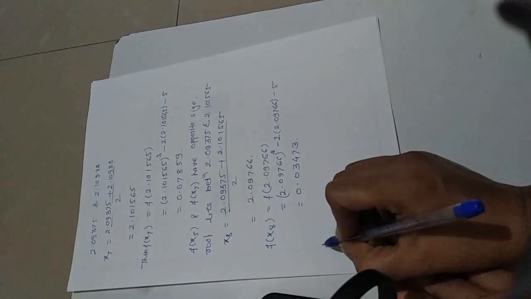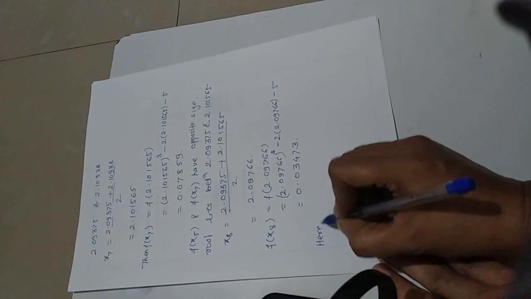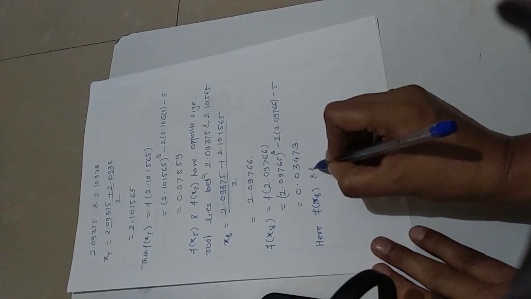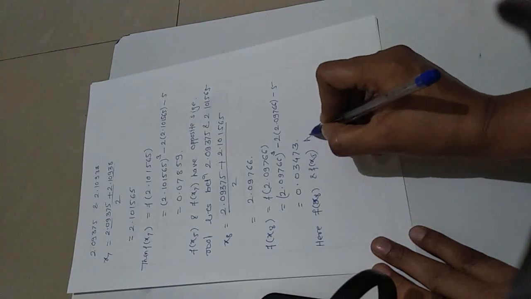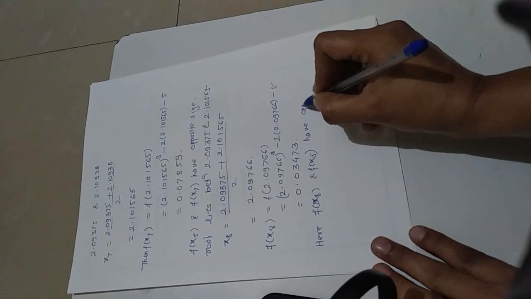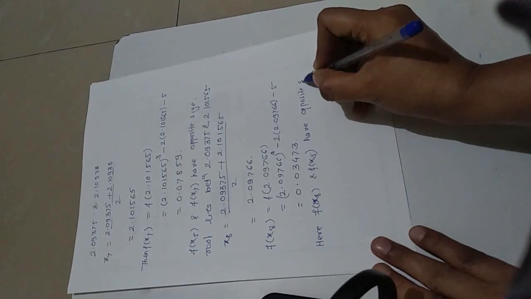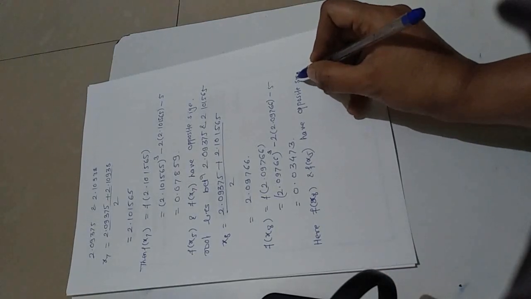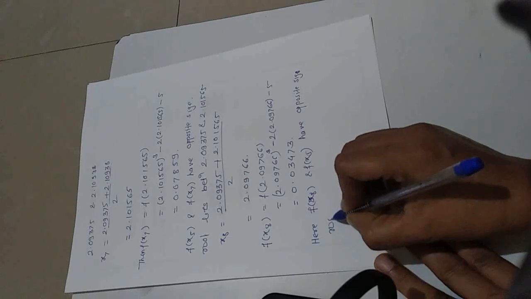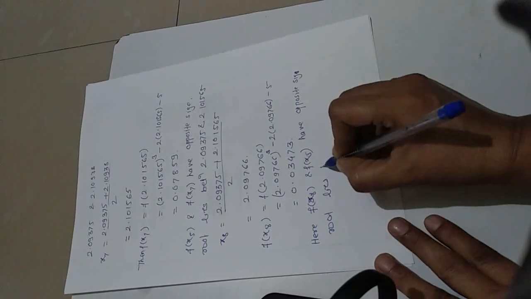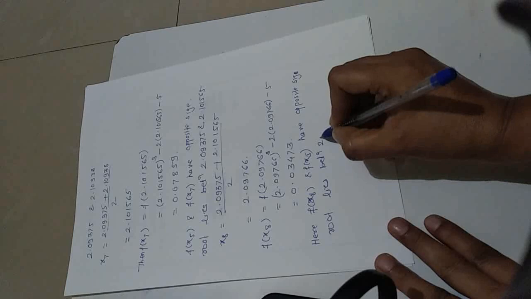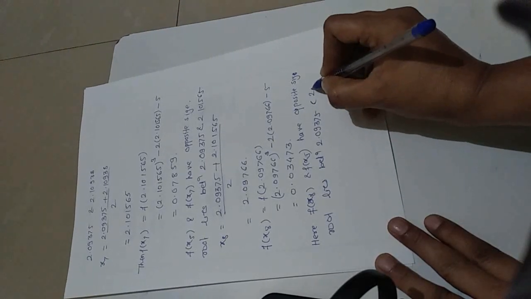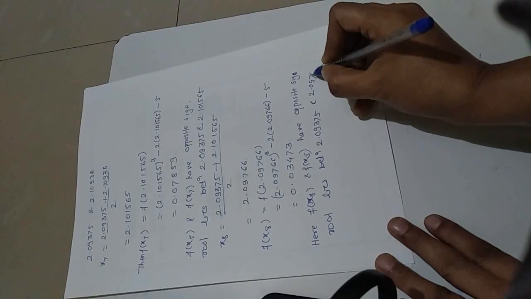Here we see that f of x8 and f of x5 have opposite sign, and hence the root lies between 2.09375 and 2.09766,